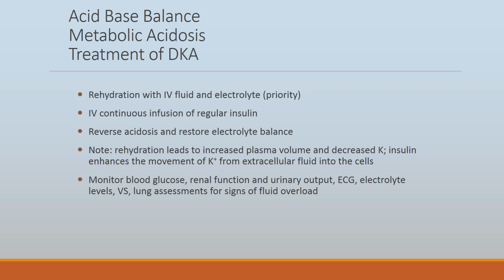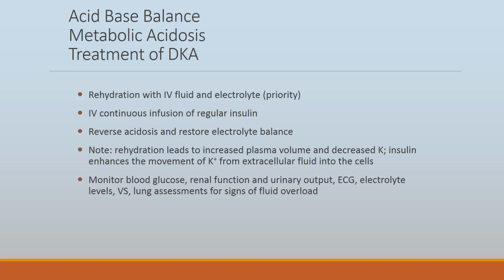So what do we do for the DKA? Because we're losing a lot of our fluid through urine, we're going to what? Replenish our fluid and our electrolyte balances. A lot of times we give them drips of insulin because the insulin will help regulate and put the sugar into the cell, and it also will help carry the potassium into the cell. A lot of times when we give the insulin and the fluid, acidosis corrects itself. So we want to make sure and pay really close attention to the acidosis portion of it, because usually it'll correct itself once we give the insulin and the fluid.